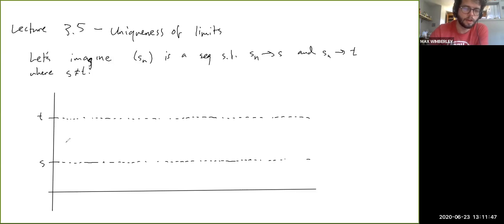We don't know where the values of the sequence are. Maybe there's some like that, who knows, initially at least. But as you go further and further, they need to converge to these two different numbers. I'm going to talk more about this in a later section where we talk about proofs with convergence, but it's a little bit different here.